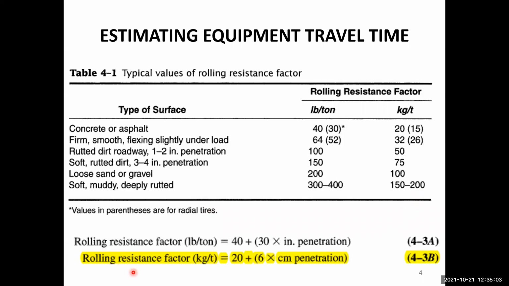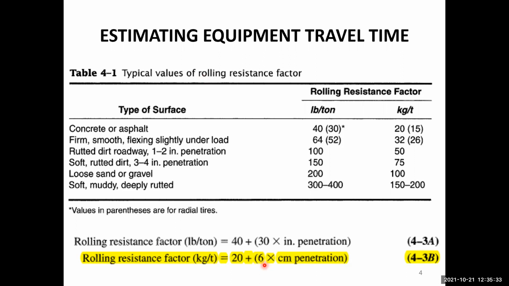There is another equation which is called the rolling resistance factor, which is 20 plus 6 times the centimeters in the penetration. So typical values of the rolling resistance factor are given by this. In addition, some adjustment is also made